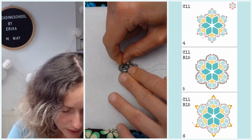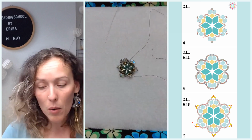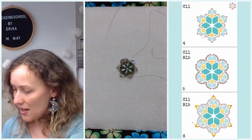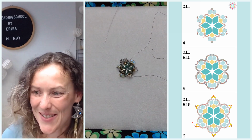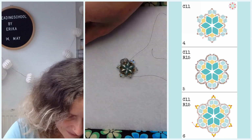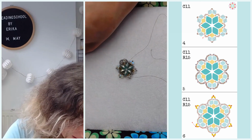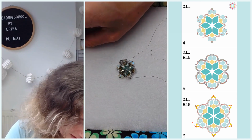So this is how it looks at the moment, and this is how I want to bead all around my motif, always adding the same group of seed beads over the BICONE beads. So round 15, 3 delica beads, another round 15,